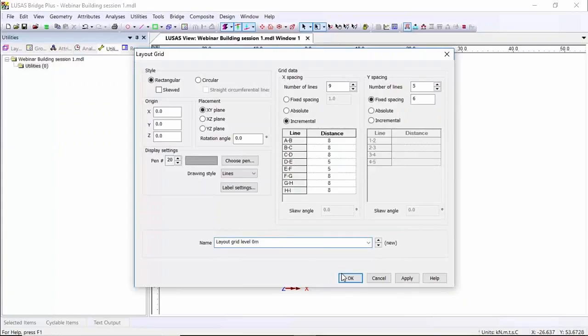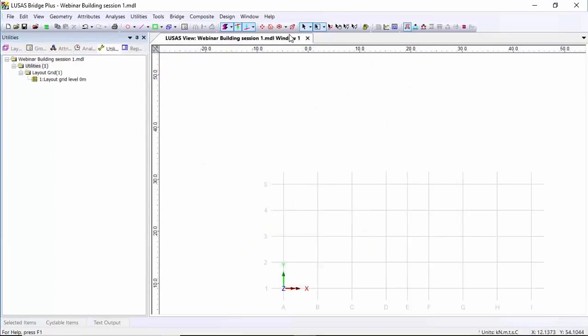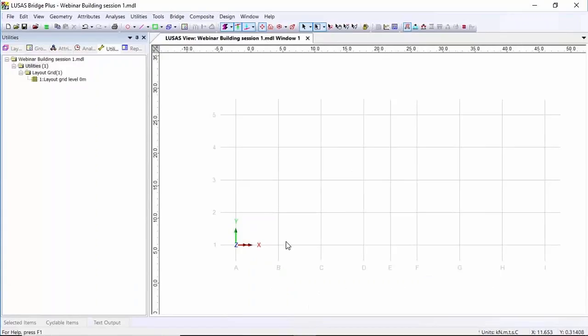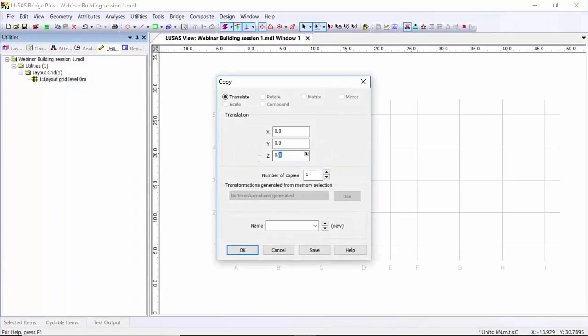And I'm then going to OK this. You'll see the layout grid on the screen. I'm just going to resize that. And you can see the spacings, 6 meters in the Y direction, 8 meters in the X, then 5, and then 8 again. Now over here, I'm going to copy this layout grid, and I'm going to copy it in